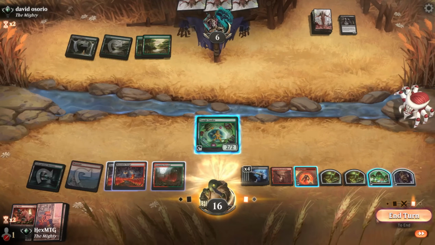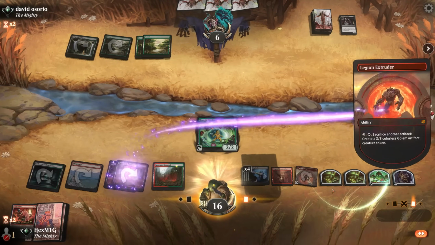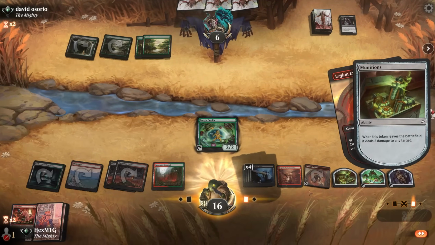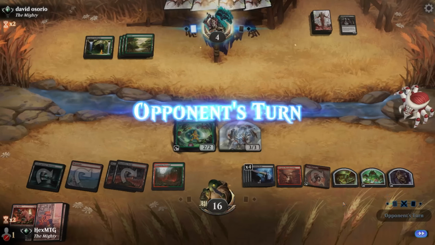Okay, well, the Cookie and the Legion Extruder might actually gain us the victory next turn. Let's sacrifice one of our Musician's tokens, do 2 damage to our opponent. Yeah, a bit of a grind this game. Still not sure what we're up against, but